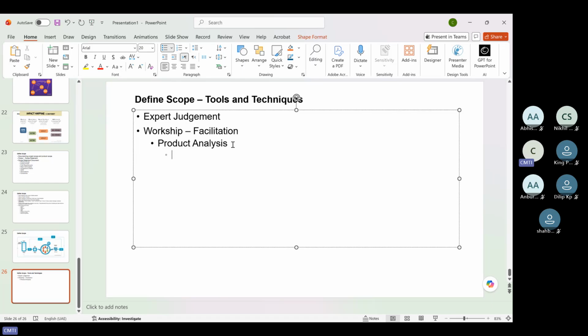What are the techniques in product analysis? We will do requirement analysis, product breakdown structure, value engineering, value analysis, system engineering, all those technical aspects, system analysis. What are all the requirements? So requirement analysis, product breakdown structure, value analysis, value engineering, system analysis, system engineering, and finally you will go for